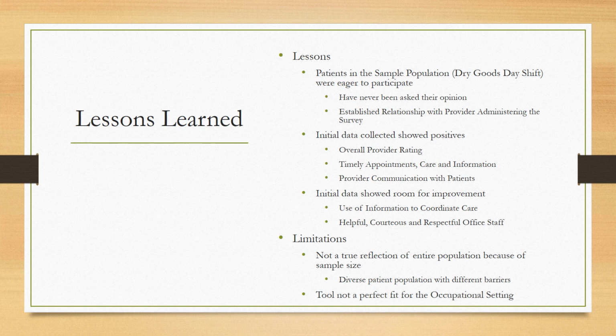Another thing, if we're looking at helpful, courteous, and respectful office staff, we don't really have a dedicated office staff. We have one occupational health assistant, but he doesn't do all the scheduling. He doesn't meet all our patients. It really just kind of depends on the scenario. There's situations where I will be helping schedule the appointment, or our registered nurse will deal with that patient the entire time frame. So, in terms of trying to address that issue, it could be a little trickier since we